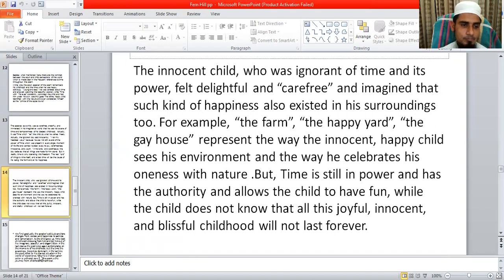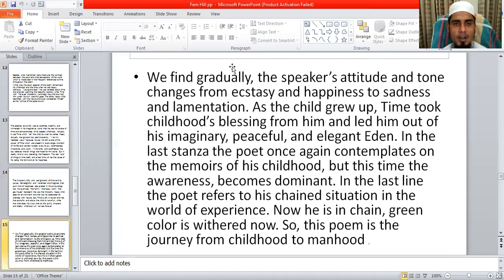So then you can find that gradually the speaker's attitude and tone change from ecstasy and happiness to sadness and lamentation. So as the child grew up, time took childhood's blessing from him and led him out of his imaginary, peaceful, and elegant Eden. So, in the last stanza, the poet once again contemplates the memories of his childhood, but this time